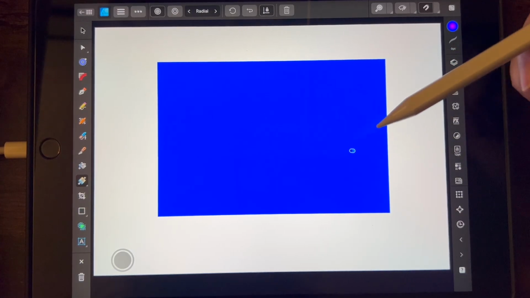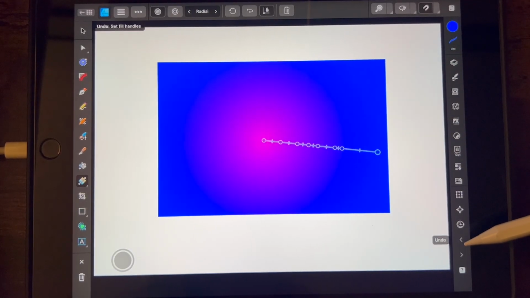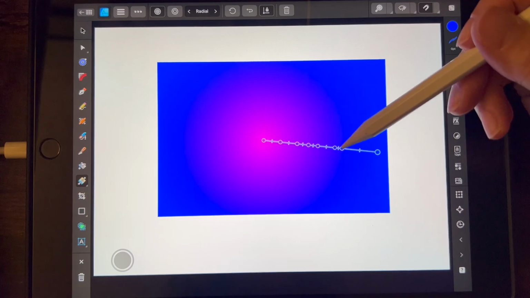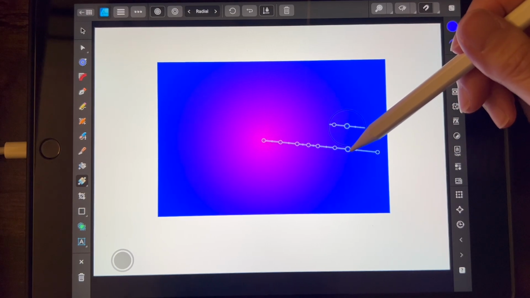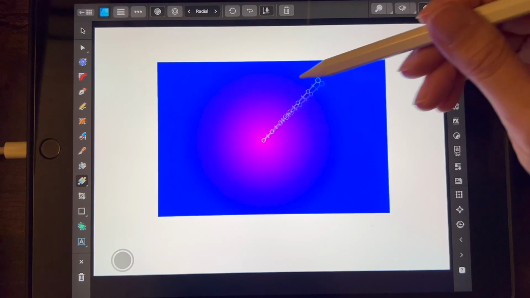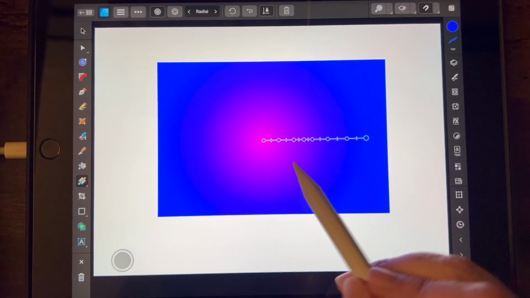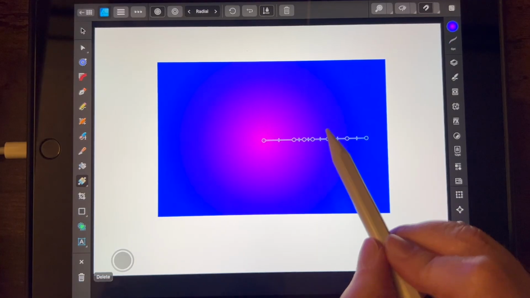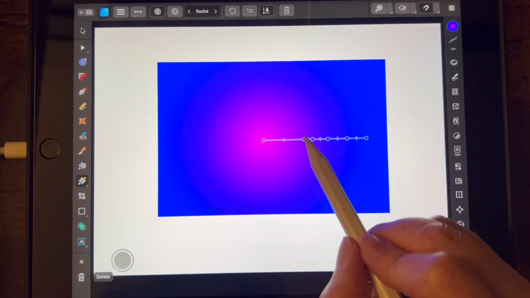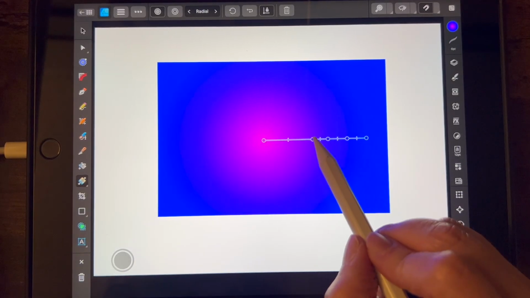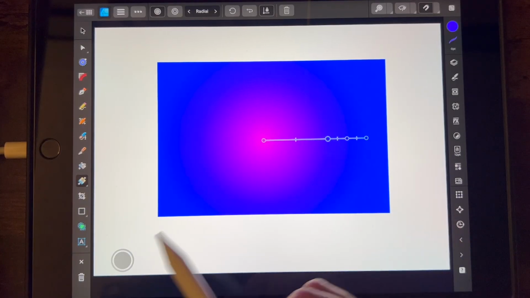And I'm not sure why it does that, but just beware that that could happen if you click on the wrong thing. So that is one way to get your gradient. Let me click off these, delete these extra nodes so I can show you